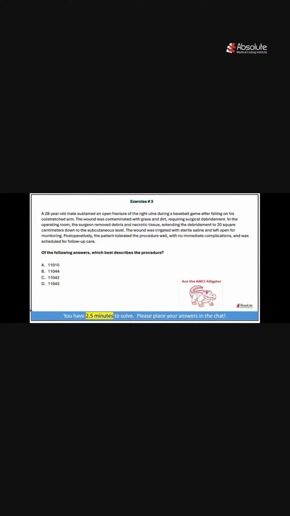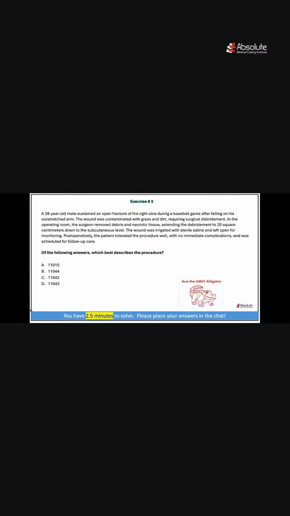All right. Exercise number 3, of the following answers which best describe the procedure. Option A, 11010. Option B, 11044. Option C, 11042. Option D, 11043. A 28-year-old male sustained an open fracture of the right ulna during a baseball game after falling on his outstretched arm. The wound was